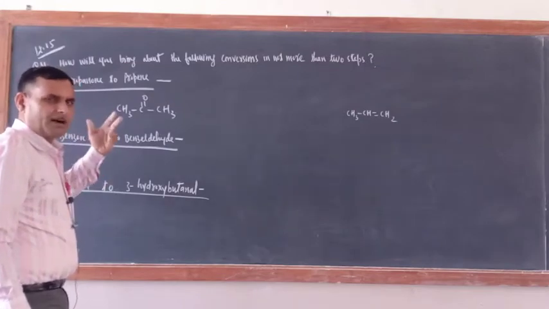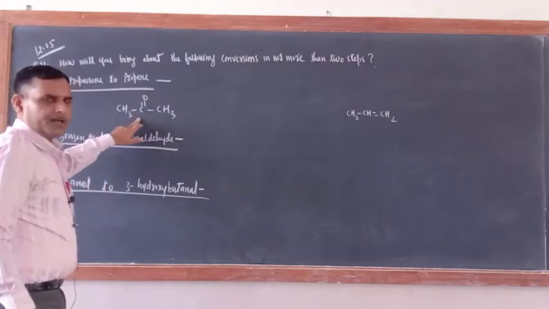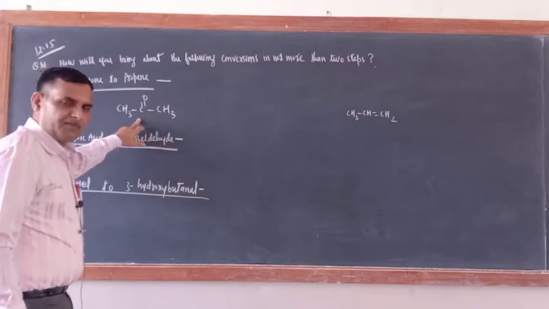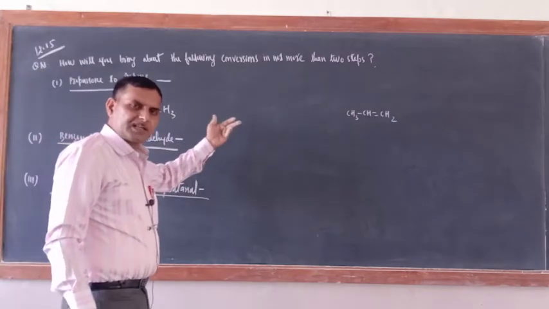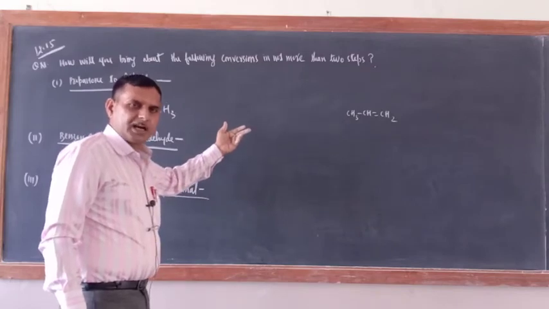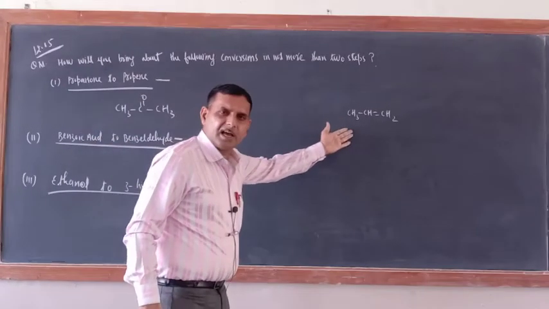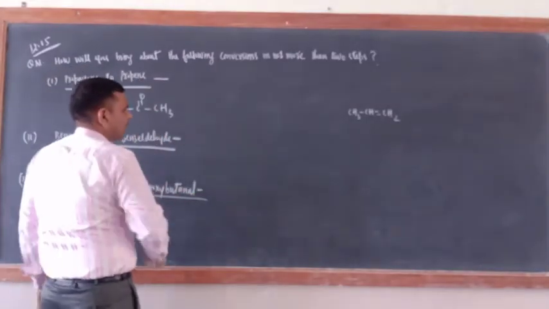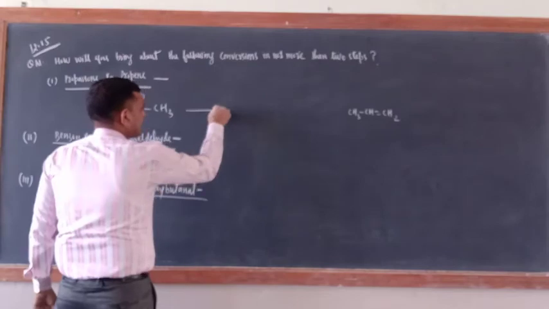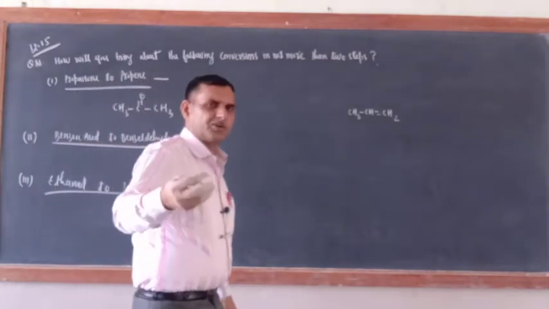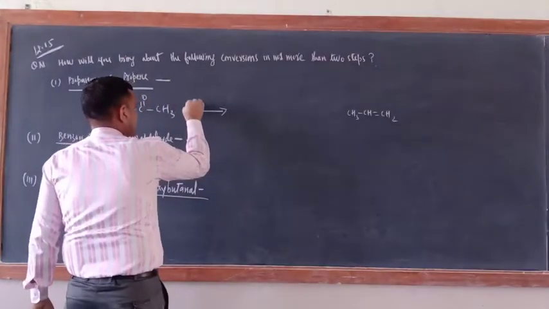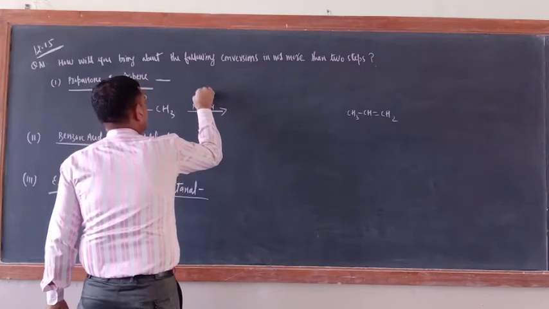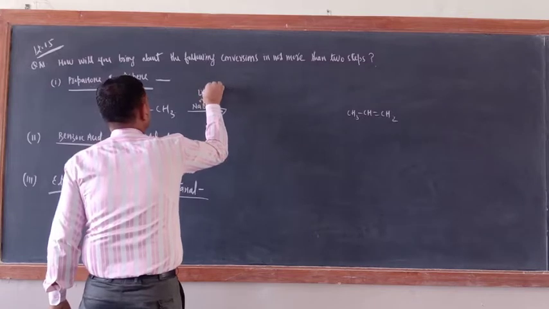Just see, just think of this one. Ketone, what is the reduction product of ketone? Alcohol. And when alcohol is treated with concentrated H2SO4, dehydration of alcohol will yield the alkene. Correct or not? So just see, this is ketone or not? Now reduction. Aldehyde and ketone reduction can be carried out in presence of NaBH4. You can take lithium aluminium hydride also. There is no issue with this one.